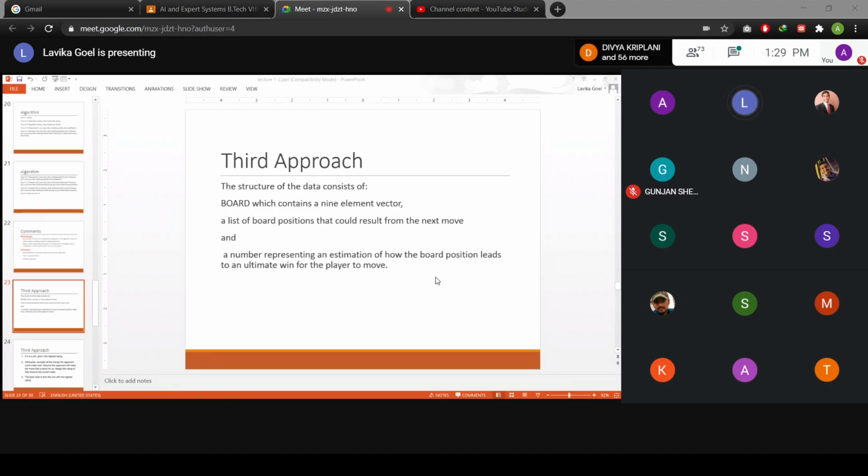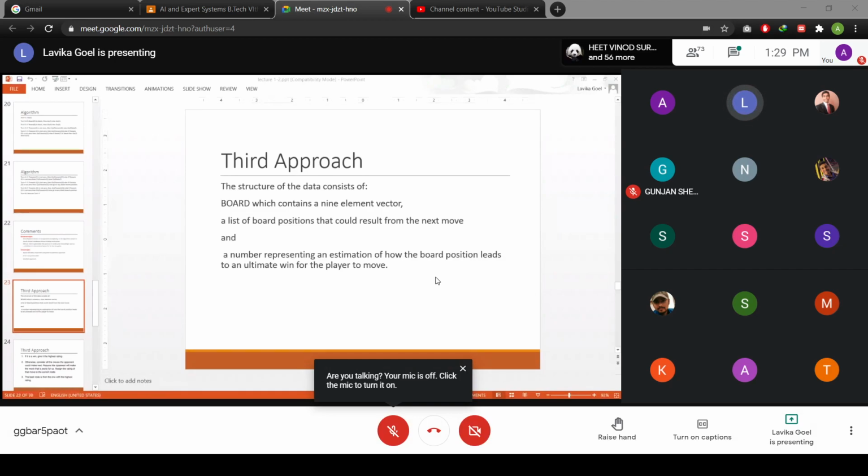For example, let us say for winning in a row, column, or a diagonal, suppose I am player X. For X, I will need 3 by 3 by 2, which means I need a product of 18. Suppose I have only one X and the other two are blank.